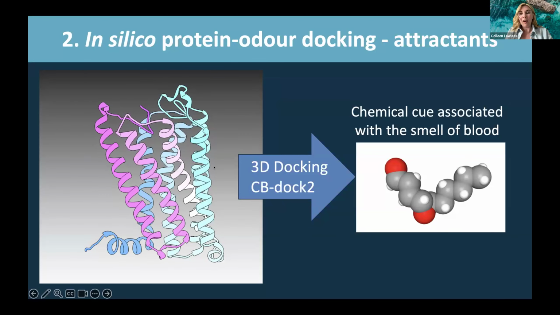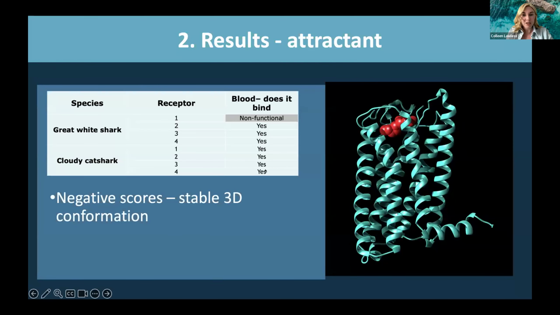So I wanted to start with seeing if they could actually smell the chemical cue associated with blood. I think it was a very popular choice. And I used a tool called CB-Dock2. Once you input your ligand binding sites, it will predict how likely that chemical cue is to bind to your receptor. So just to give you a breakdown of some of my results,